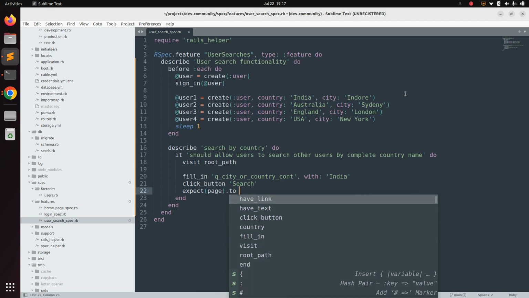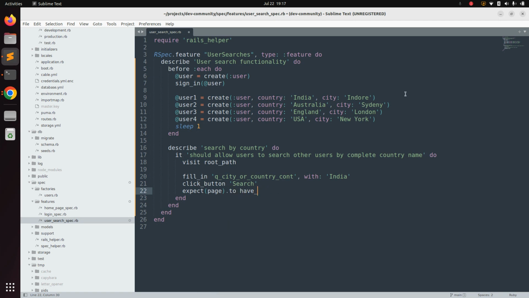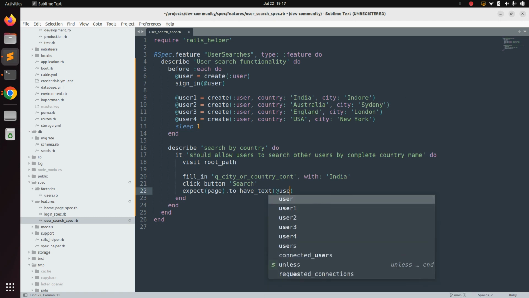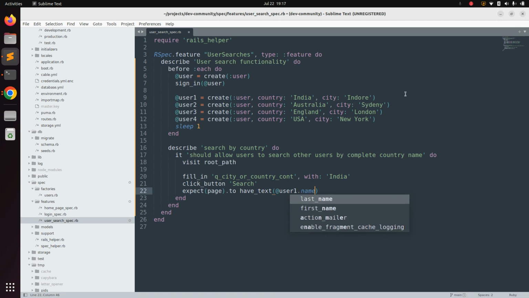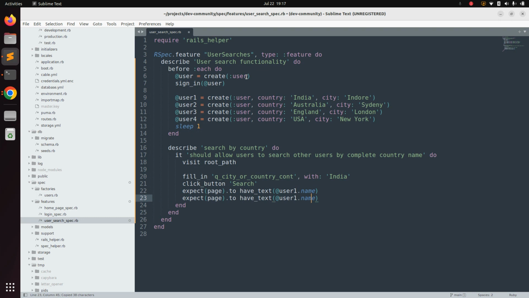page dot to have text, sorry, and here what we can provide at the rate user one dot name. Okay, and why I'm using at the rate user one here, you can see that at the rate user one has the country India. Okay, and not at the rate user 2 3 4. We are not sure about the at the rate user here because we just created user by, and it will use the country and city provided by Faker gem. Okay, and now we need to copy the same line and we need to use it for to have text at the rate user one dot profile title,